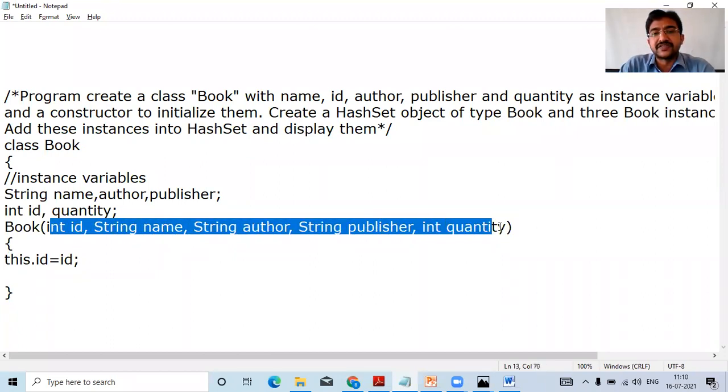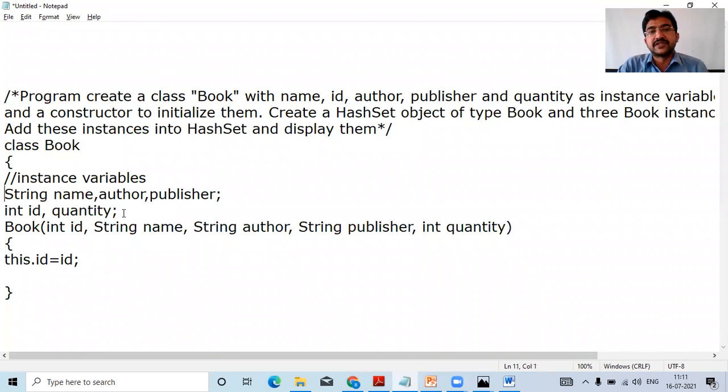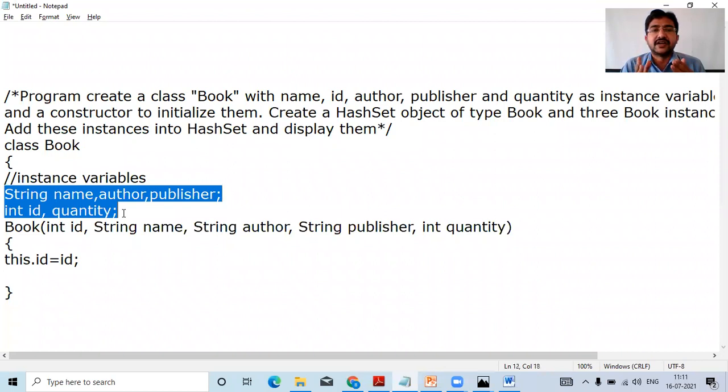The parameters coming from the main method are local to this constructor. Whatever data you send from the main method, name, ID, author, publisher, quantity, has to be initialized to whom? To the instance variables. So local variables are initialized to the instance variables through the this keyword.